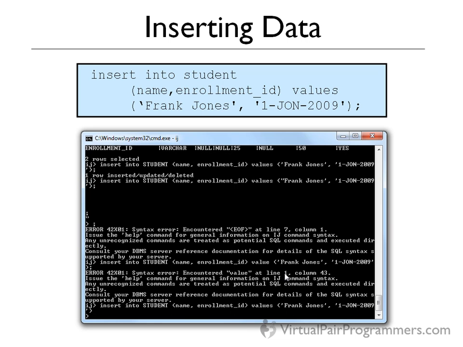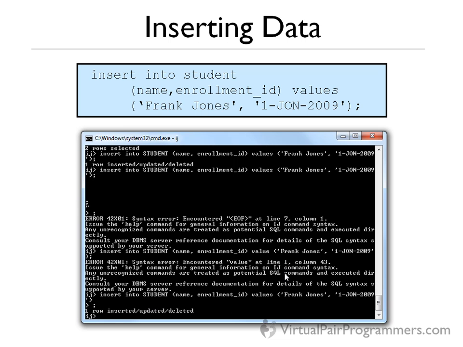the semicolon, then the command prompt will think that you want to enter a further line of code. So if you do that, you can just simply put a semicolon at the end there, and that will cause that row to be inserted. I've just accidentally inserted another row for that student, but never mind, I'll come back to that in a few